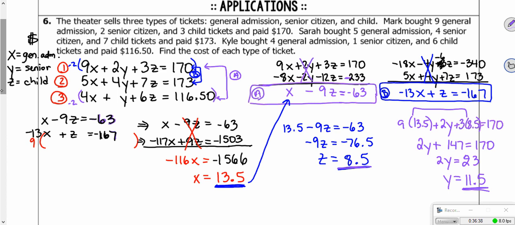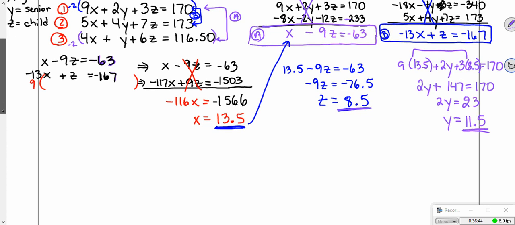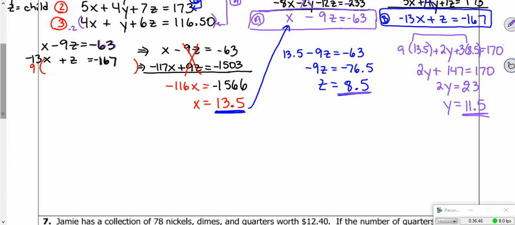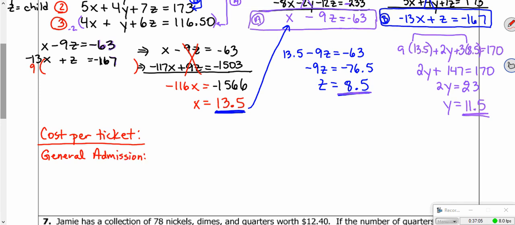So our costs per ticket, let me write them over here. Cost per ticket. Our general admission. What variable was that? That was our x, so that was